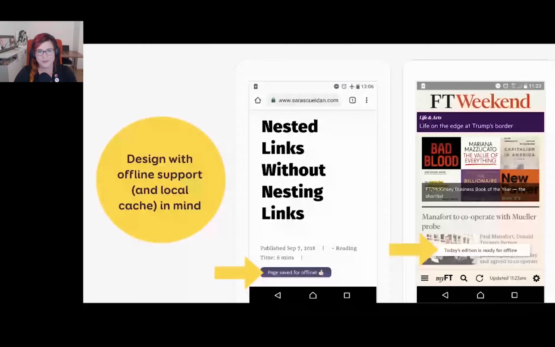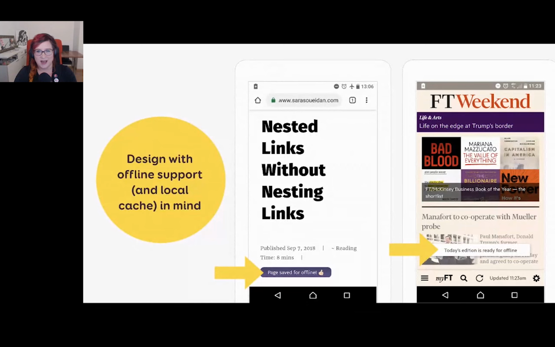Then when you talk about environment, we could imagine building components and products with offline support in mind. Even for the web, we have APIs for that now. I think you'll hear a lot about that during Project Fugu. Sara Soueidan, for instance, has this website where you can save a page for later. And if you come back, you can read all the pages that you saved for later, even if you don't have any data or connection.